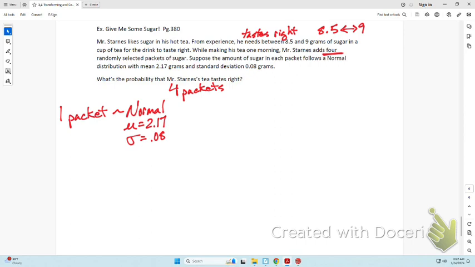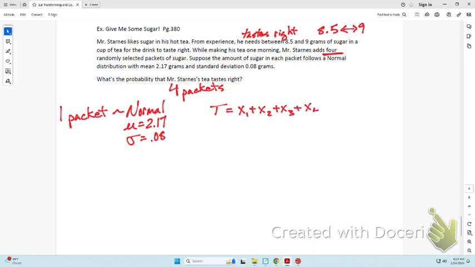So what we need to do is write a function based on this one scenario. So if we want to call a total amount T, and that's our function, he puts 4 packets in. So here's 1, 2, 3,